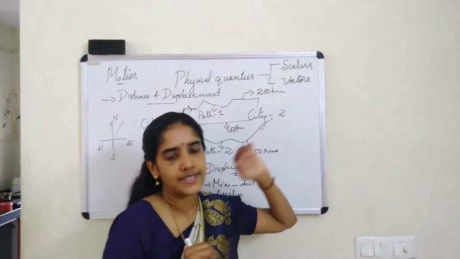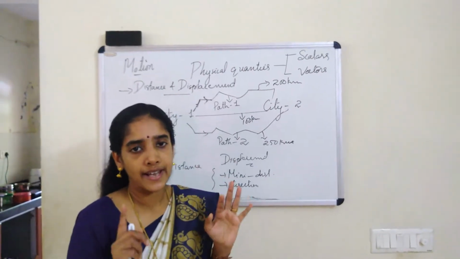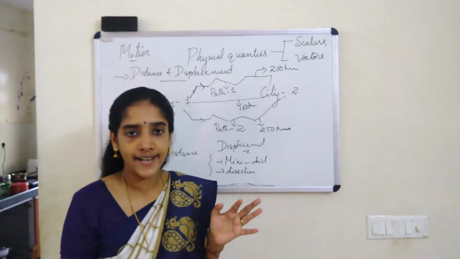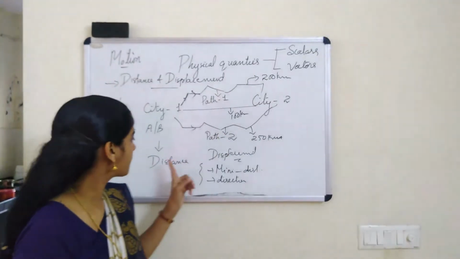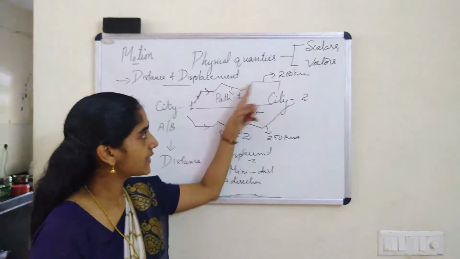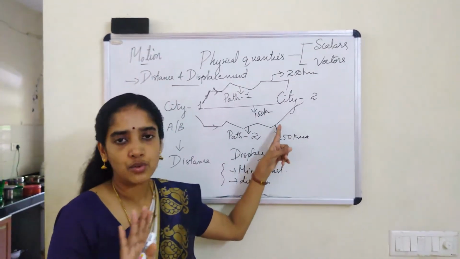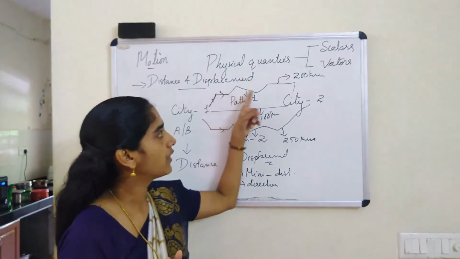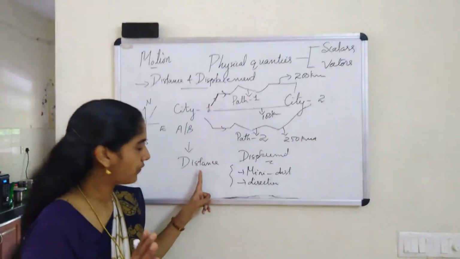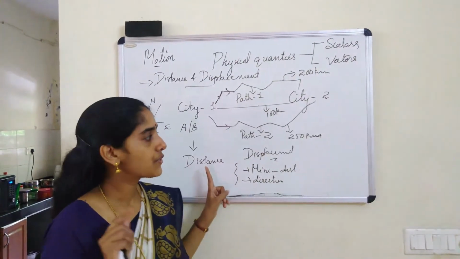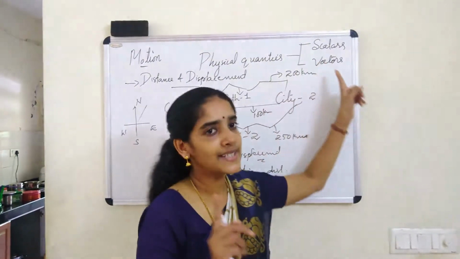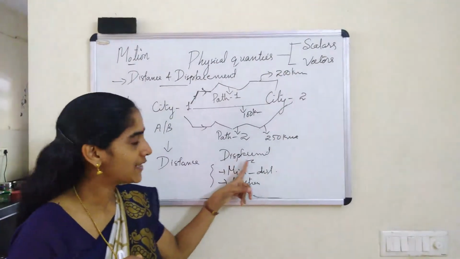Now, then what are vectors? Vectors are the quantities having both magnitude and direction. So here if you look at distance and displacement, distance has magnitude because it is given by the path. But path generally is not straight. So path cannot give a direction. That means there is no fixed direction for distance. So distance is what type of quantity? It is a scalar quantity. Now look here, displacement.